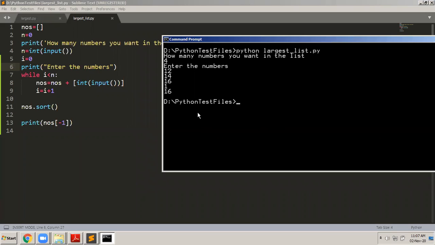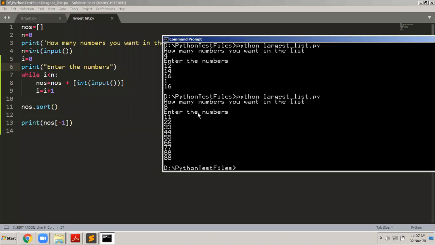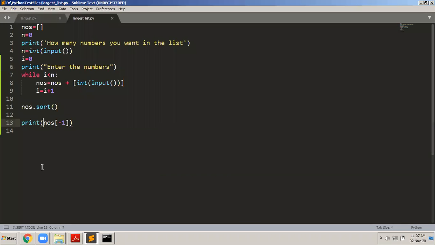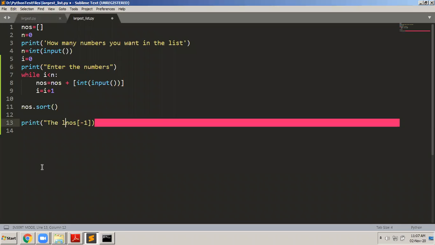Now first, when I executed the program for the first time, you can see that I had asked for 4 numbers. Now I want to run the program once again. I will say now I have 8 numbers. Then after that, it will ask me, please enter the numbers. First I will enter 11, 22, 33, 44, 55, 66, 77, 88, and then finally it gives me the largest number, that is 88. So I can display here the largest is